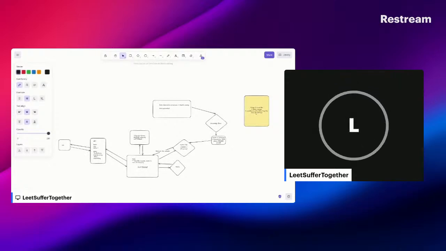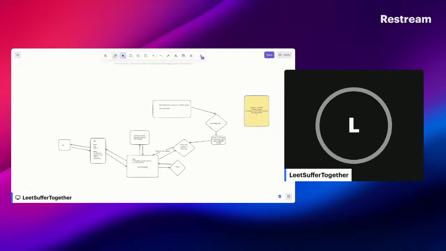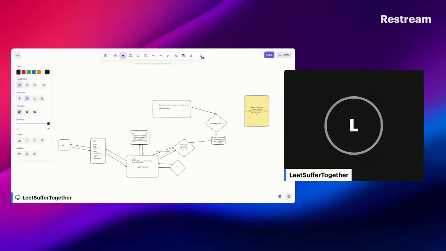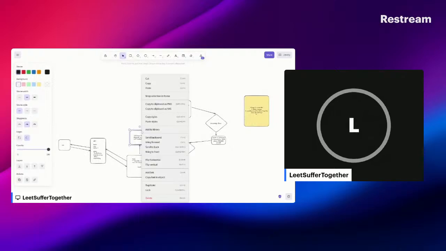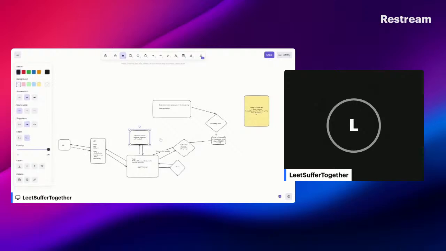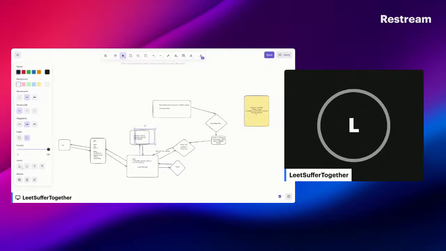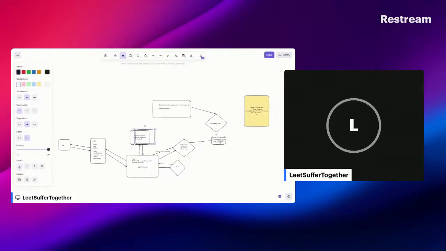You'll have multiple of these services. So these services could be, I want to send this to